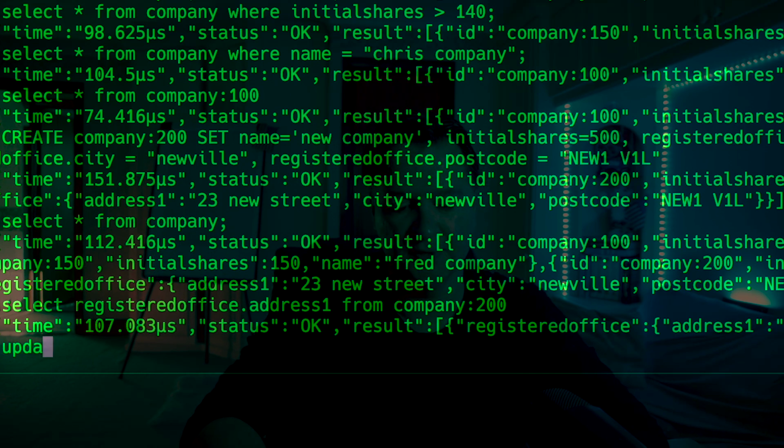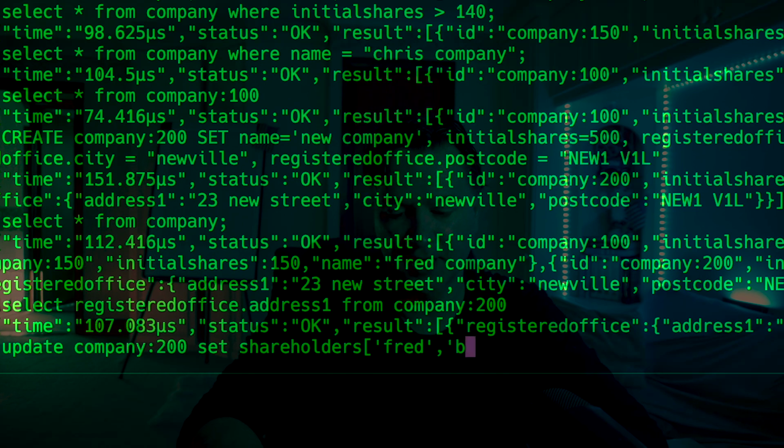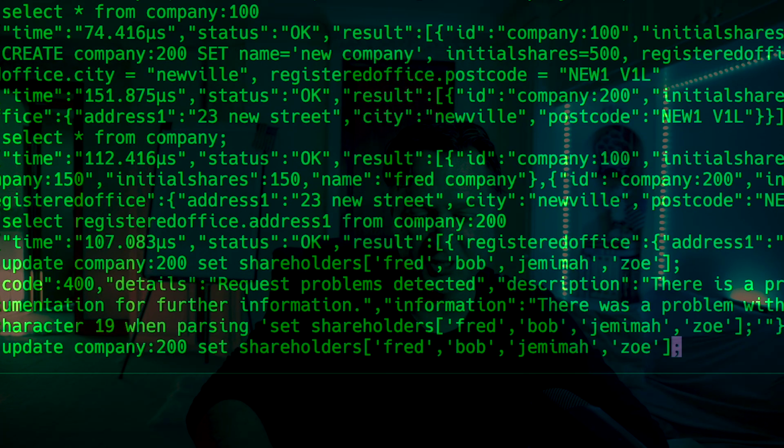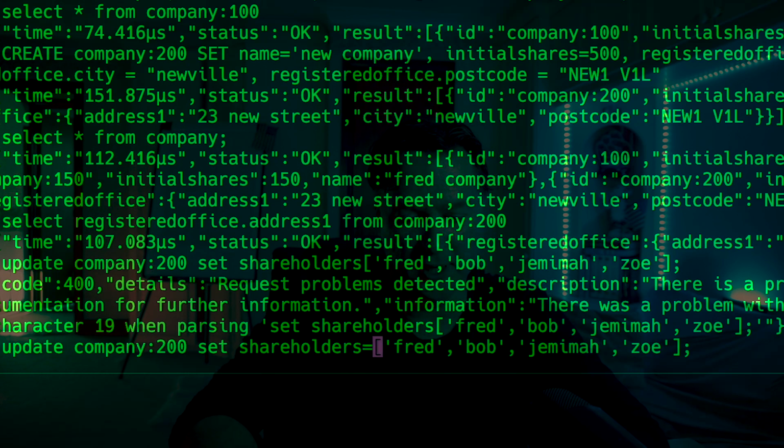So I could do something like update company 200, the one we just messed with, and then we'll set shareholders equals to Fred, Bob, Jemima, and we'll have Zoe as well. So we've got 4 shareholders there. We'll run that, and as you can see, I forgot to put the equal sign, so we'll add that back in and then run that.